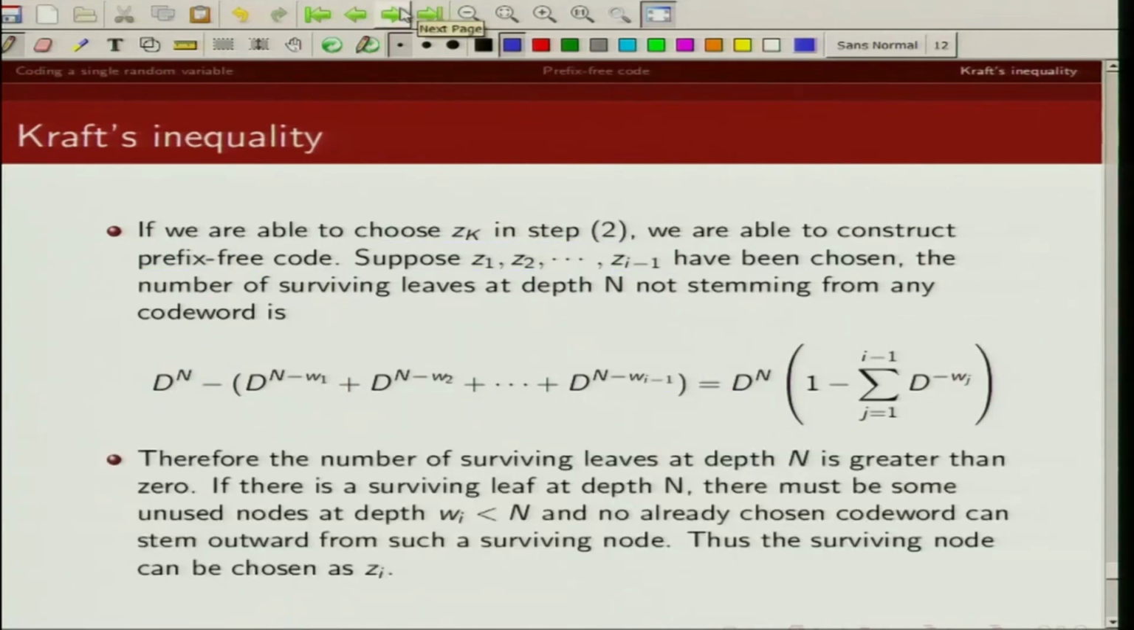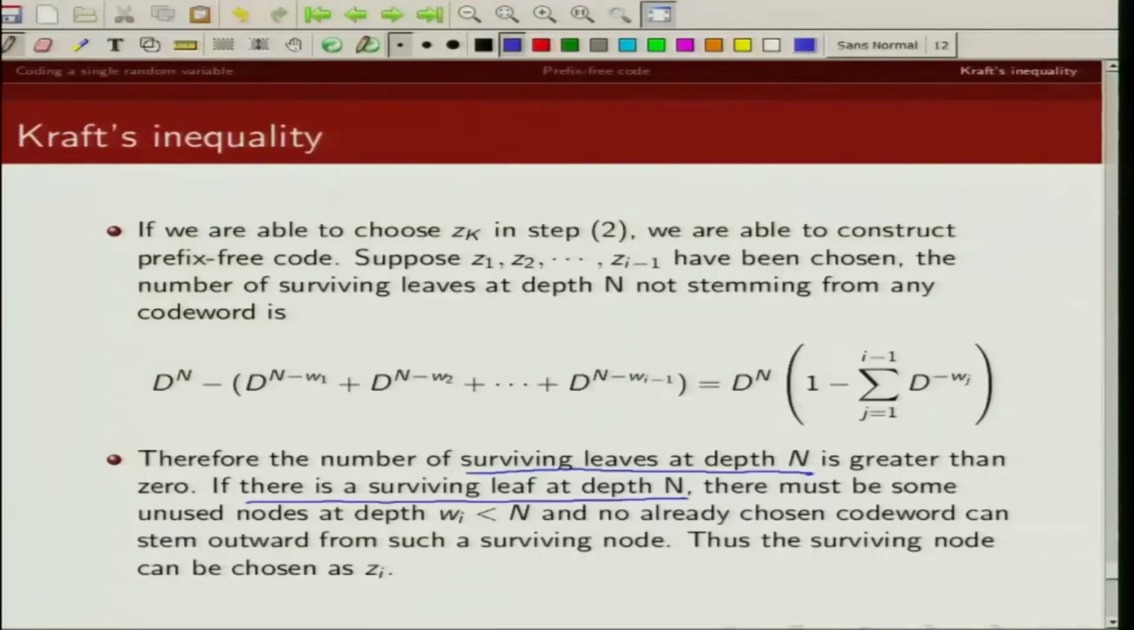So there are still leaves left. So there are surviving leaves left at depth n, which is greater than 0. And if I have leaves left in my D-ary tree, I can always map my prefix free code to such leaves. So if there is a surviving leaf at depth n, there must be unused nodes at depth Wi, which is less than n. Why? Because